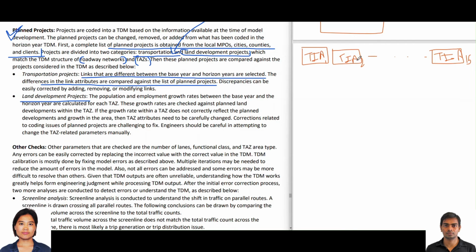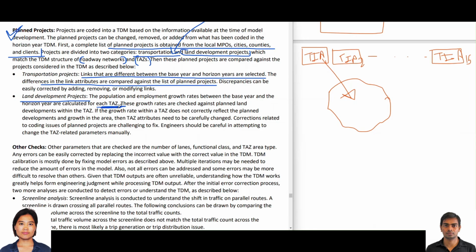Now what we do is we try to estimate the growth based on this TIA. So we look at the small region where the TIA is done. Let's say this is a zone. We try to see how much growth this TIA is predicting, and see whether this growth is accounted for in the land in the zones or not. So first we need to figure out how much growth is accounted within the TAZ